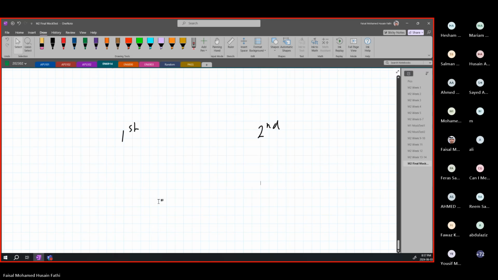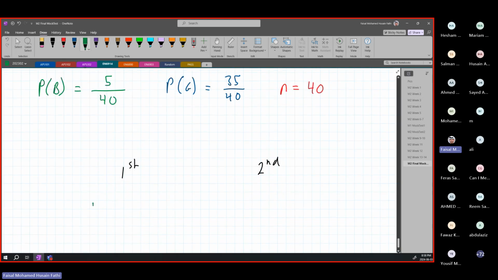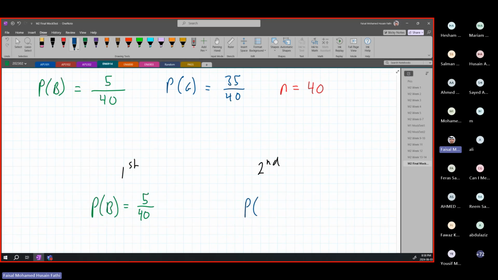All right. Let's look at it from this choices selection. So let's say if we had our first selection to be defective, all right? So the probability of the first one being defective is equal to what? 5 over 40, all right? But this means we want our second one to not be defective. So the probability of this one, it's going to be non-defective, which is probability of good, which is equal to,